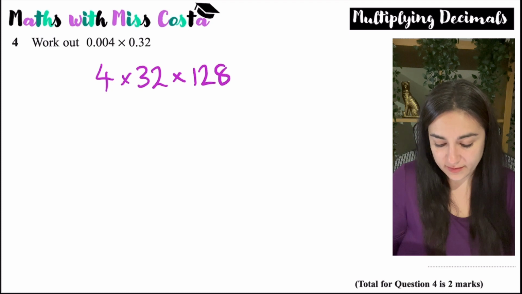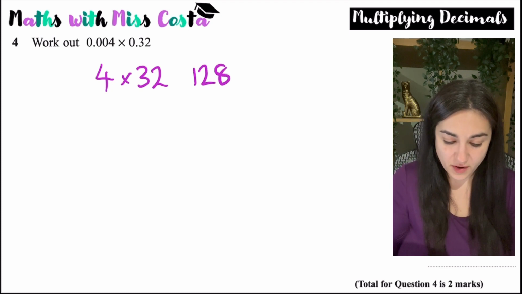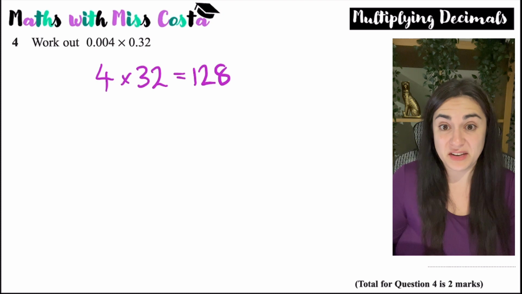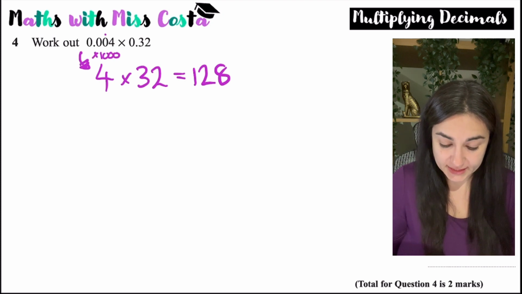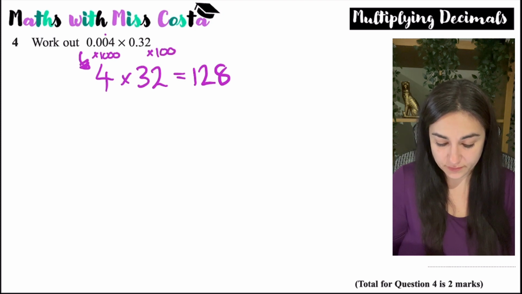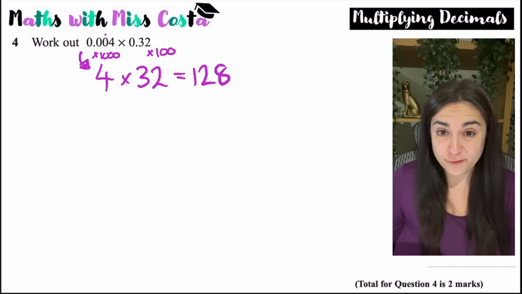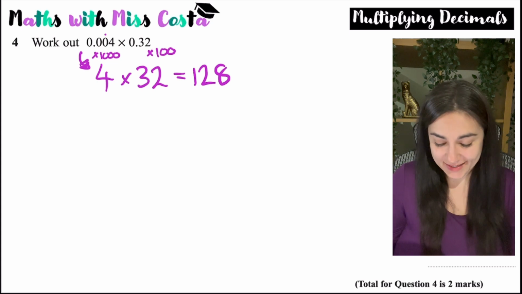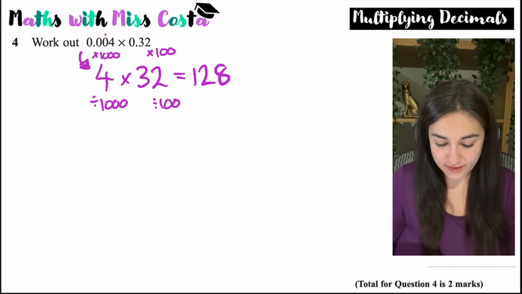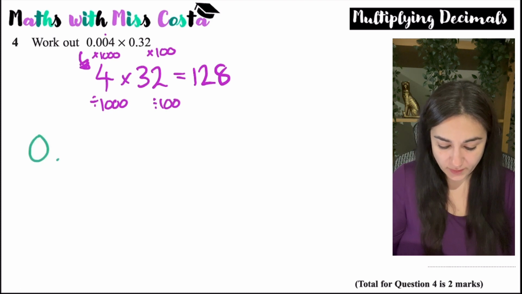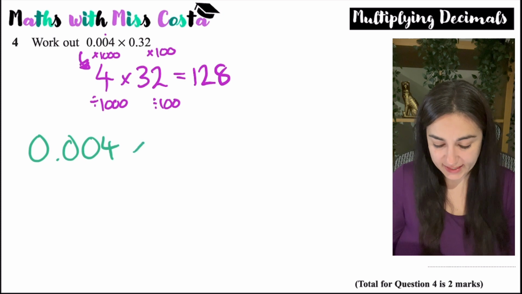And what have I done in order to turn my decimal into integers? I've times 0.04 by 1000, and I've times 0.32 by 100. So therefore, in order to get back to my original, I'm going to need to divide by 1000 and then by 100. Now, the quick way, or the trick way to figure out what you need to do for this, is to look at your calculation